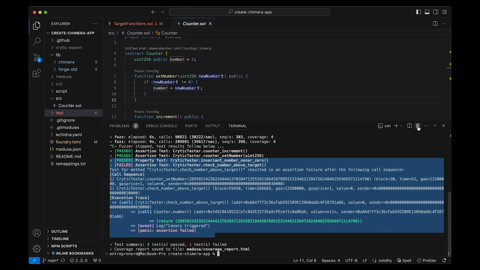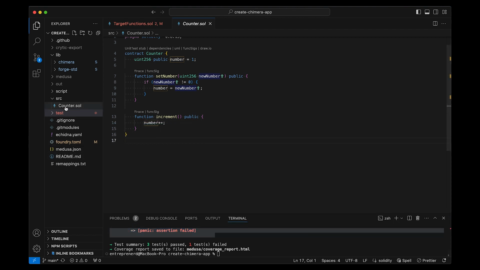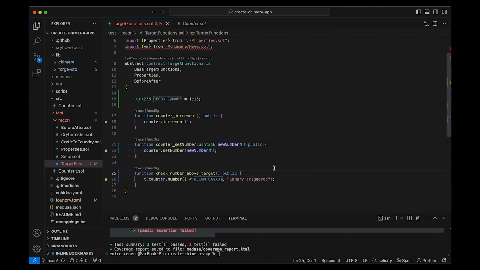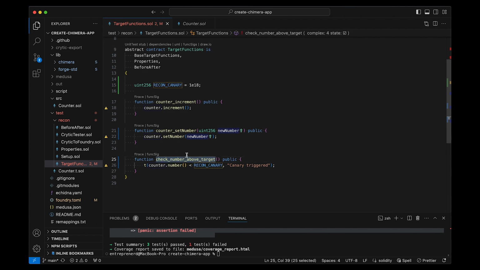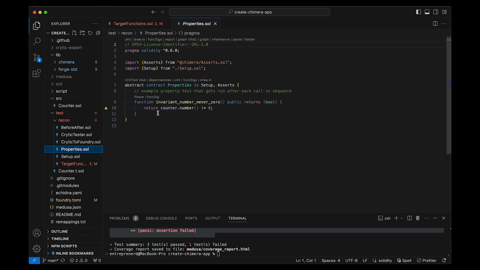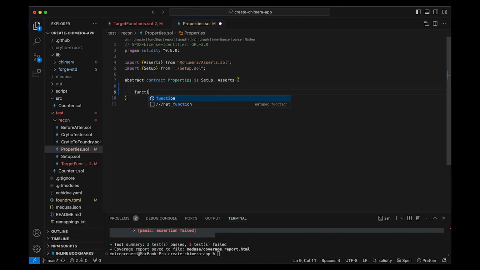So at this point, let's say we wanted to test this simple setup by having multiple actors. Instead of breaking a single canary, let's say we want to break the canary for multiple actors. The first thing we will do is go in the properties, and we will have to write a property, which we'll call check the canary